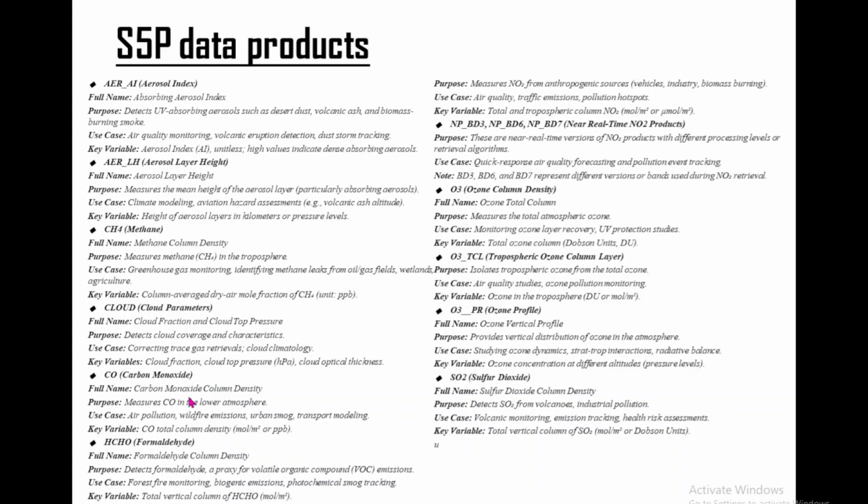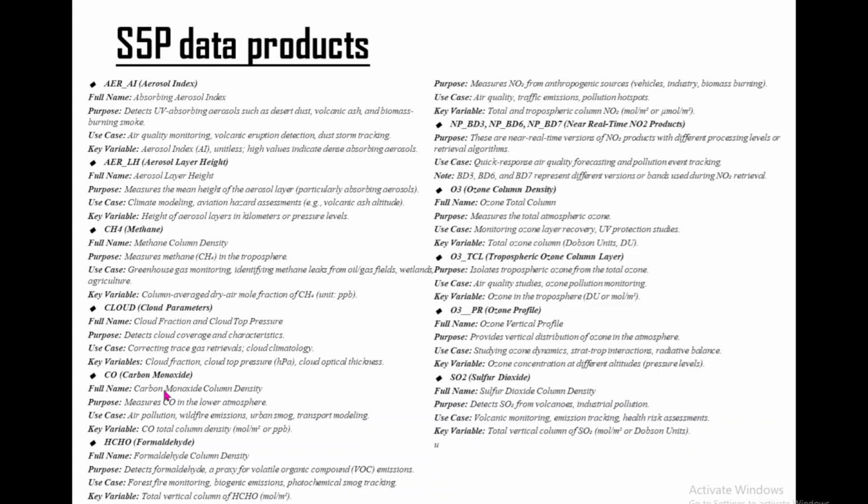This particular product is a secondary product that you have to remember. It's a post-processed product. That means the processing on raw data is already done, and these are the products that are made available by S5P. So, carbon monoxide column density. How dense is carbon monoxide? It is the concentration level of carbon monoxide. It measures it in ppb or moles per meter square. It is measured in the lower atmosphere, because as carbon monoxide goes towards the top of the atmosphere, it gets converted into carbon dioxide.